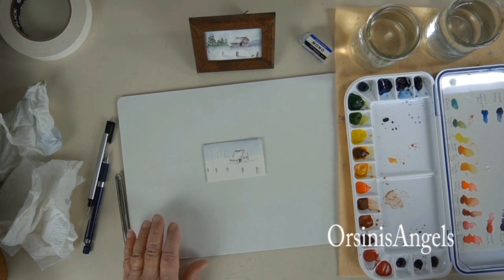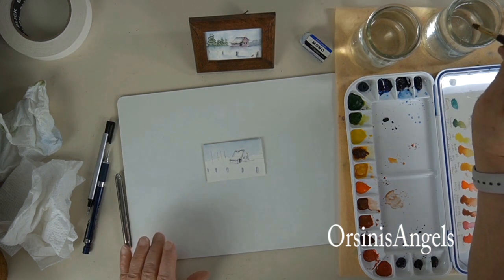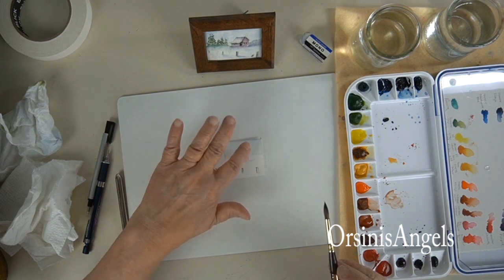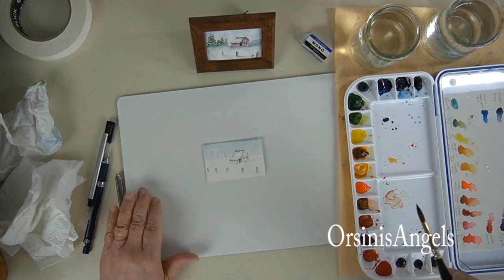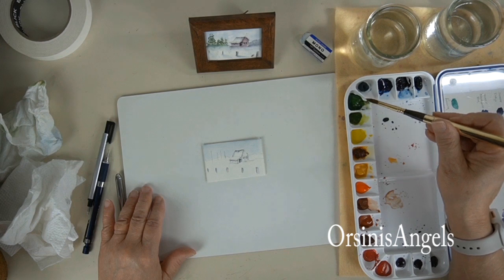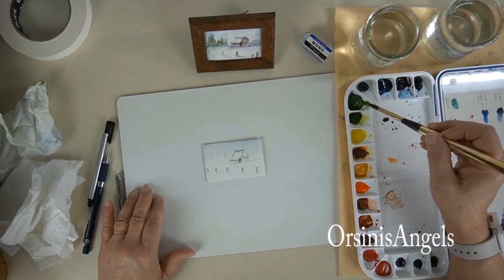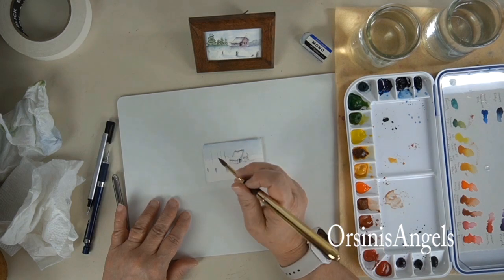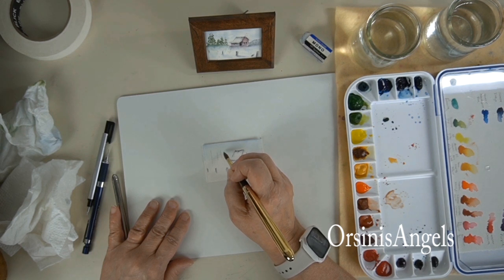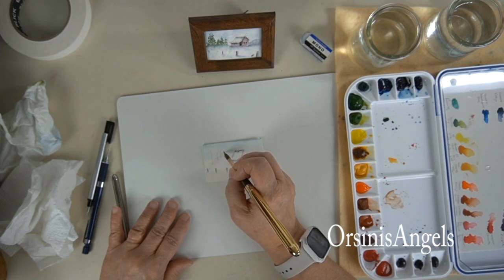So the next color I'm going to use is a sap green, and this is a Sennelier. So I think the sky's dry enough where I can start adding some trees. And I'm not too worried about the snow, because what I'm going to do for the snow is add that iridescent white paint. So I'm just kind of doing some shapes for the tree